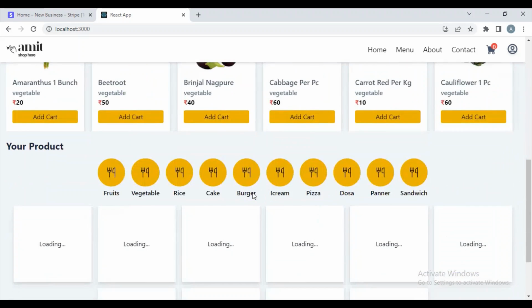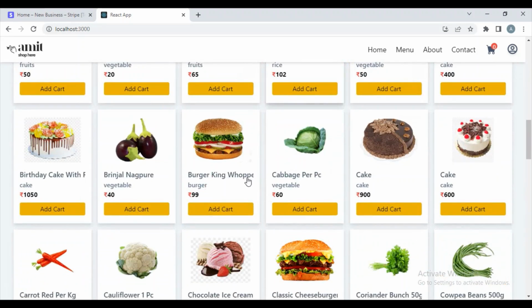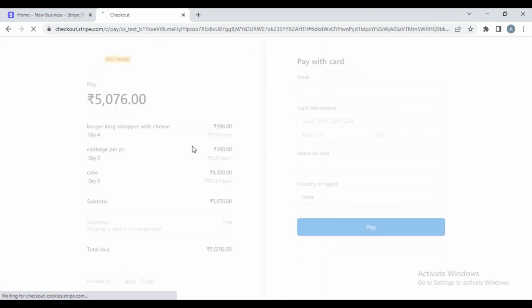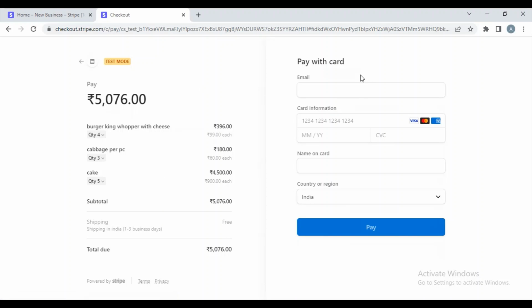Let me just add some product, and here, see, I go to the cart section, and here I increase the quantity of all these products and click on the payment, and see, it redirects to the payment gateway, and here it displays all these prices, and here I will enter my email ID,